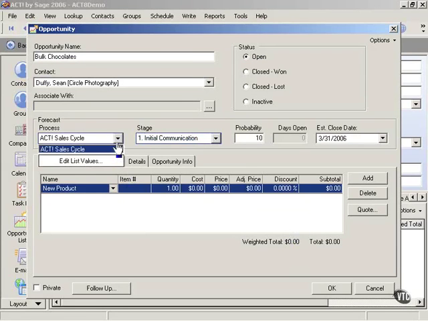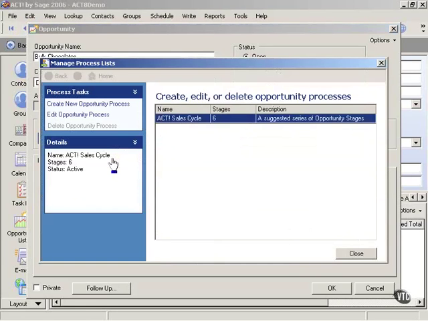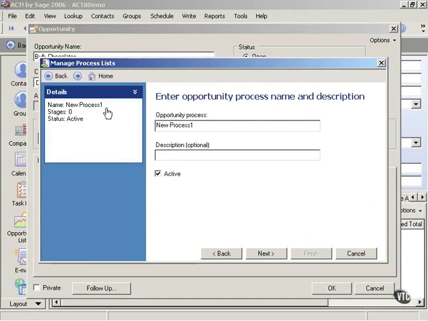We could have a different sales cycle. So we can edit the list values on sales cycles and then add it on processes and then add in our new process. So create a new process. And then it basically just says, okay, well, what's the first step of your process going to be? What's the second step? So as you can see, this can be customized